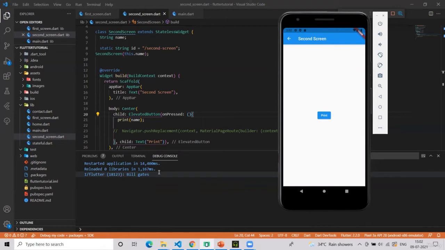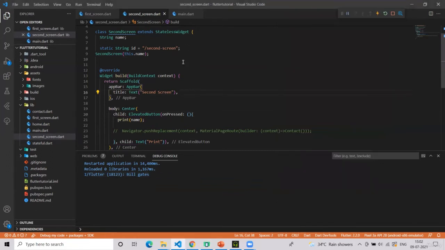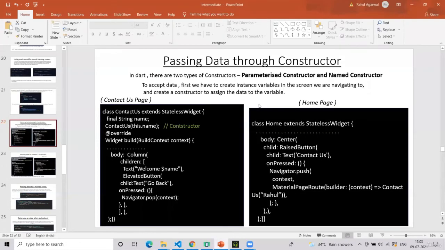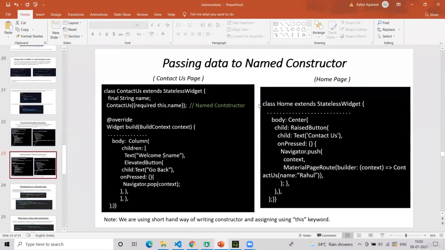So finally, we know how to navigate with data sending. But now it was only a positional argument, same as when we are passing data to a normal constructor.